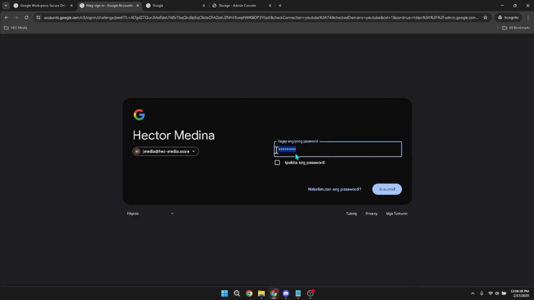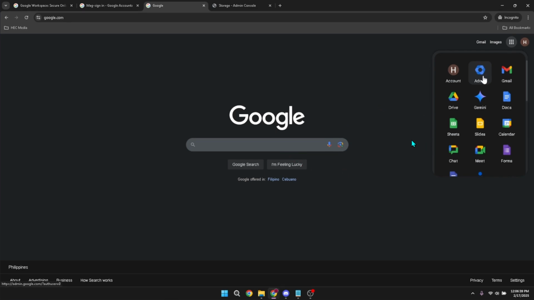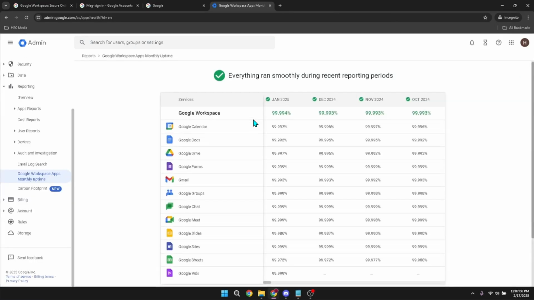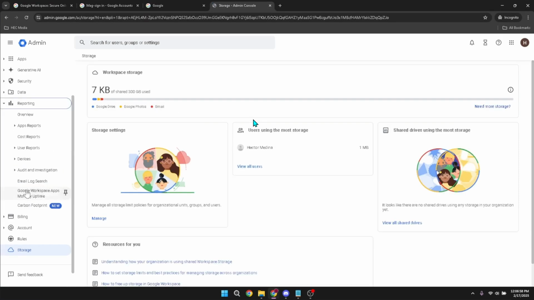When you click on the admin console, you'll be asked to log in using your business email. Enter the email associated with your organization's Workspace account, then proceed by clicking the button to continue. If you have multi-layer authentication turned on, complete the additional verification steps. Once logged in, you'll be taken to the main dashboard, where all your administrative tools are displayed in a clean